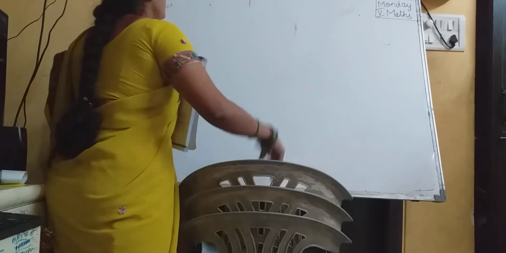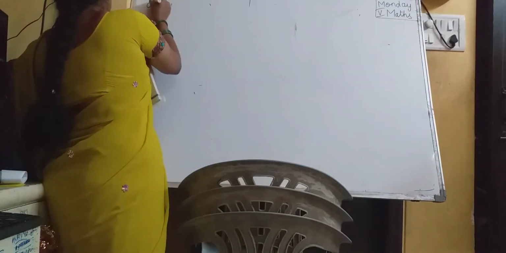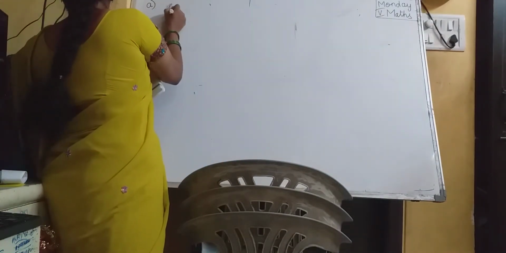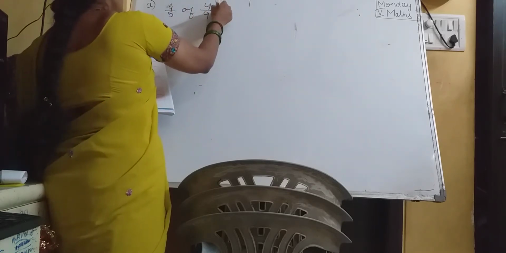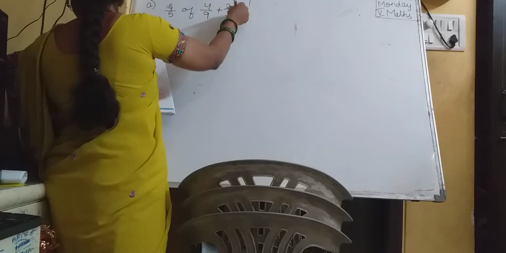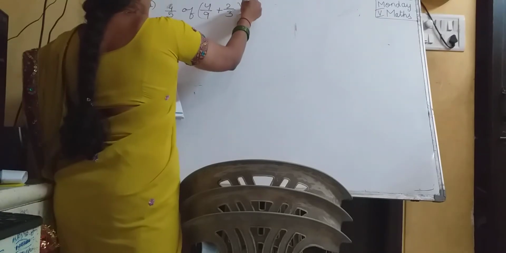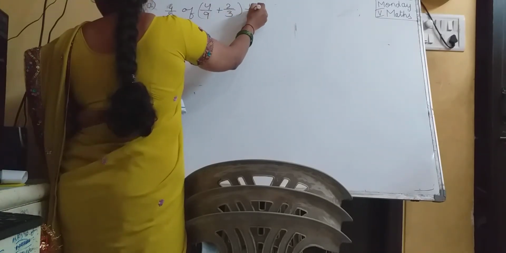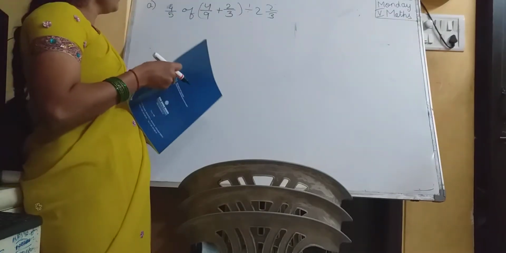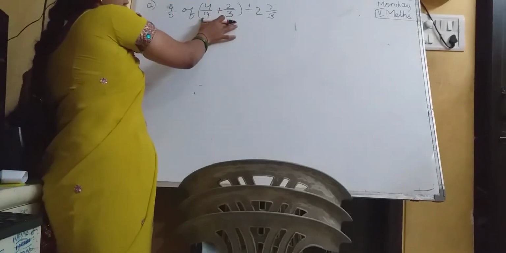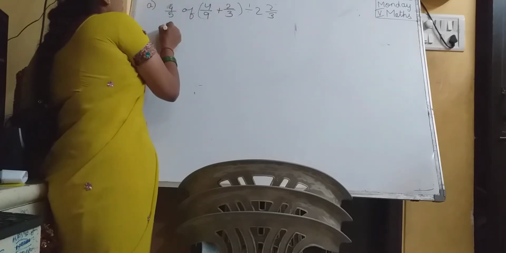Yes. Now B1. A1, children. What is A1? 4 by 5 of (4 by 9 plus 2 by 3) divided by 2 2 by 3 children. Okay. First, what are you going to remove? Brackets. B means brackets. 4 by 5 of 4 by 9